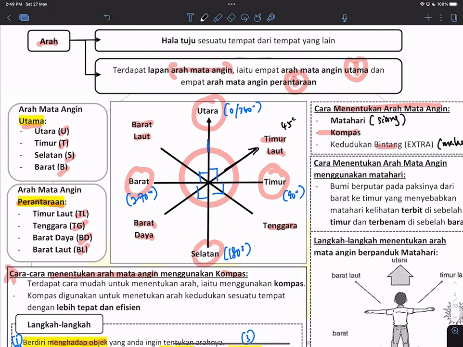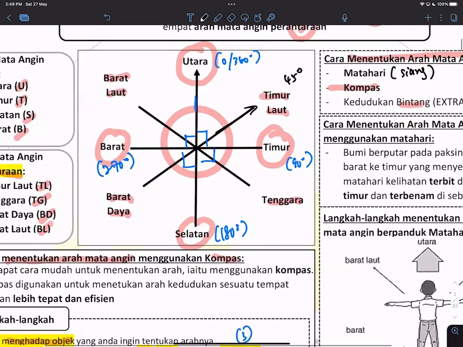Okay, so 45 darjah. Okay, very good. Austin, so how about Tenggara? Very good. Try it into the chat so everyone can see the answer. So 90 plus another 45. So which means